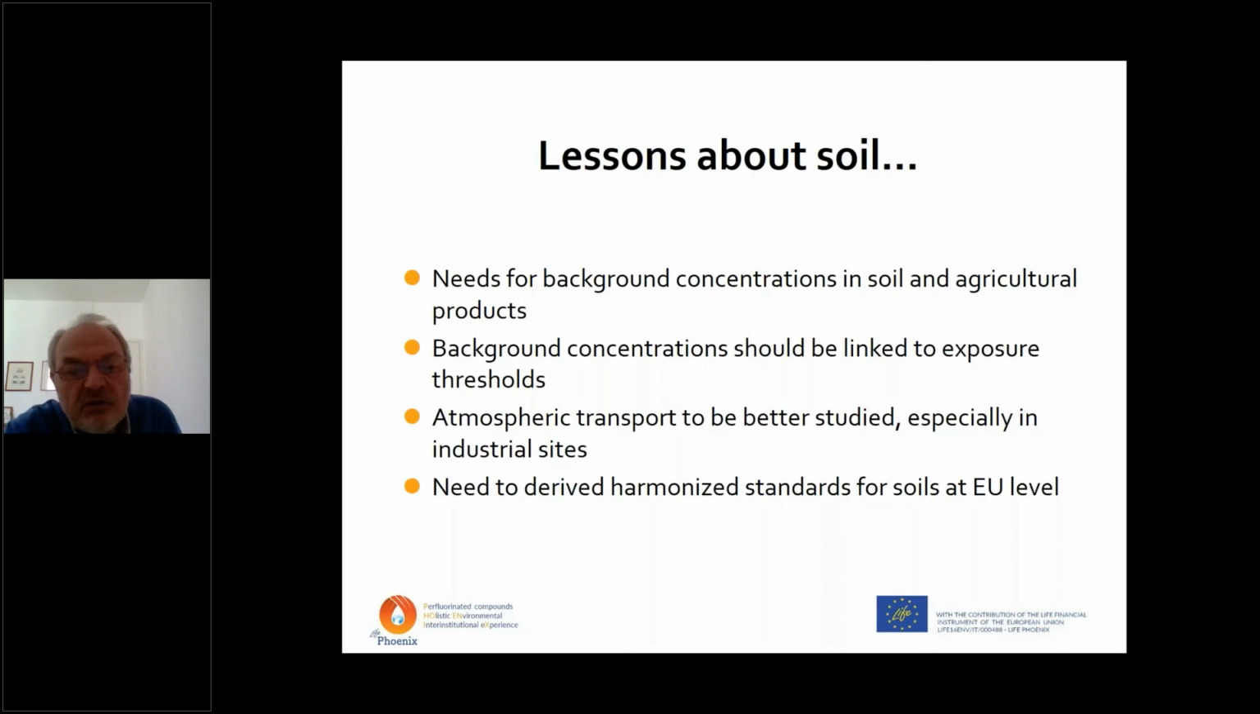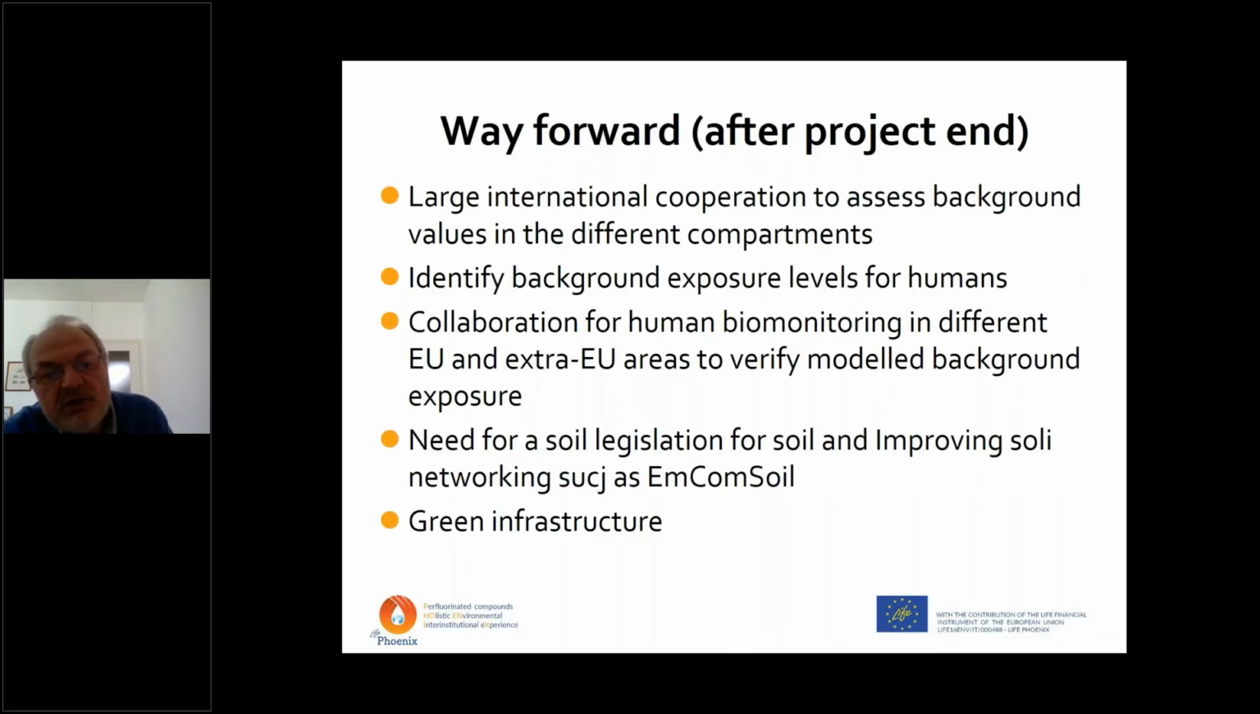And also we need to derive harmonized standards for soils at EU level. Okay, what we need: there is no soil legislation common in Europe, there is no directive, for example, on soil, and we must also reinforce all the network activity on soil, such as the EMCO soil, because